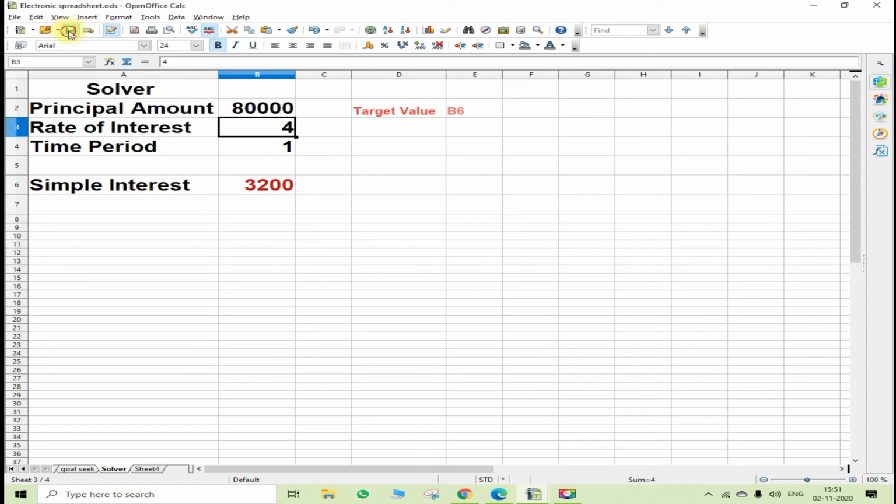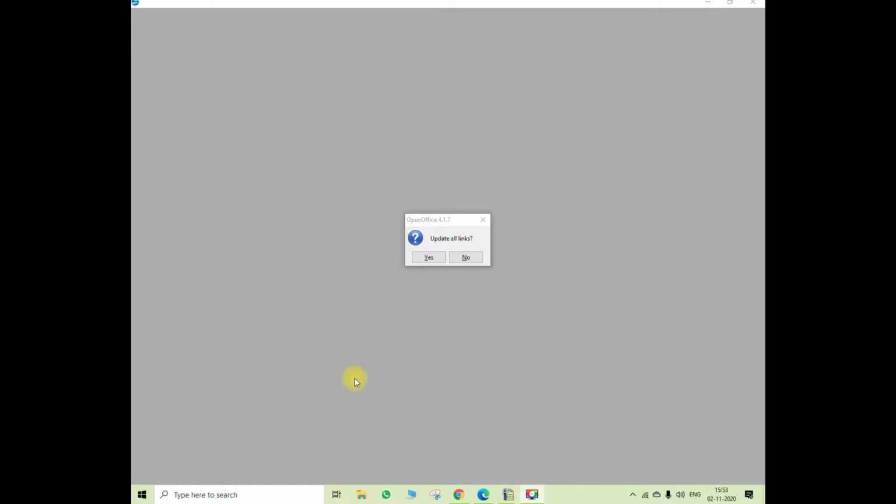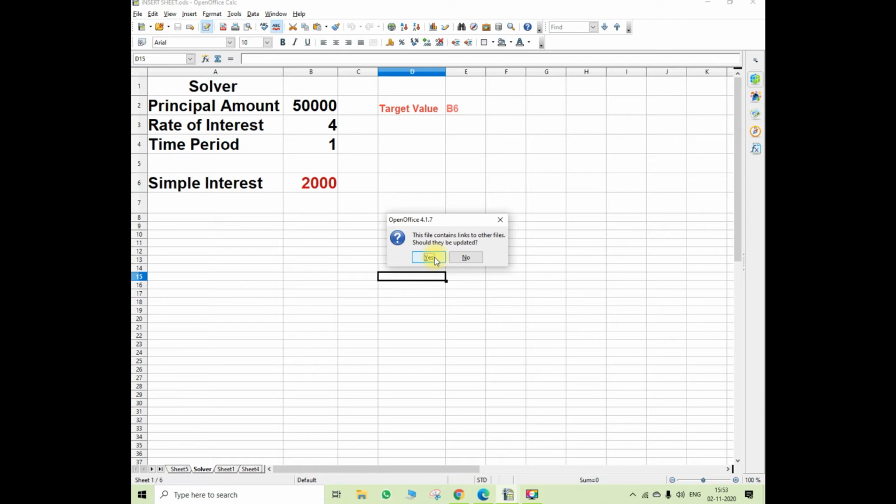Save this. Close this. So when you close it and open it again, it will ask you to update all links. You will say yes. The file contains links to other files. Should they be updated? You will say yes. Okay? Now you can see that 80,000 is automatically reflected in the inserted sheet. So this is how we can make use of inserted sheet reflection. Okay. So I hope the target is clear to you.